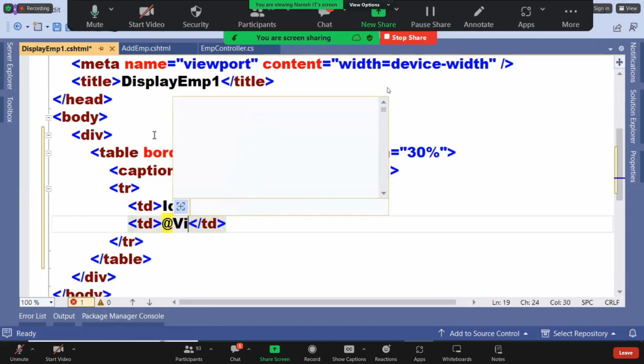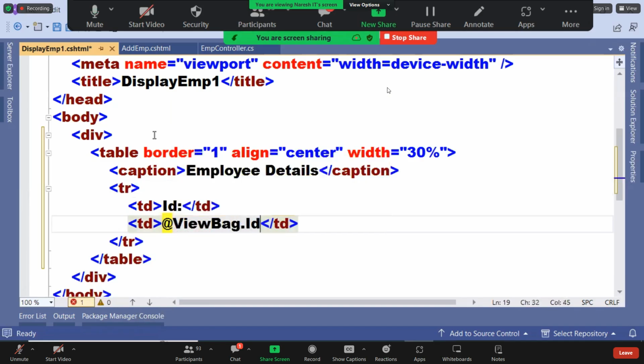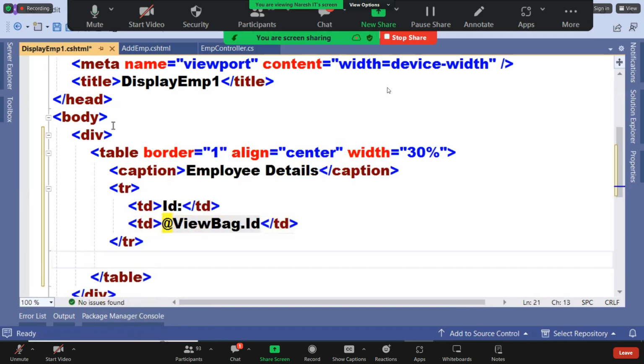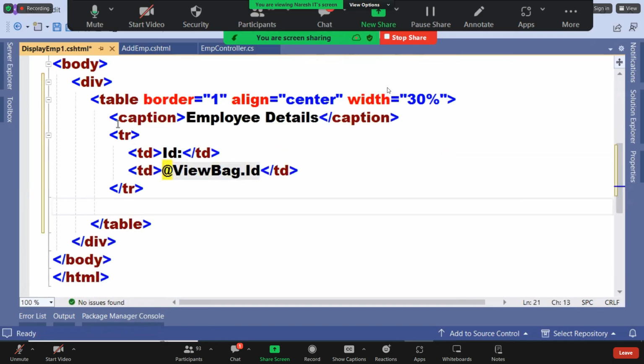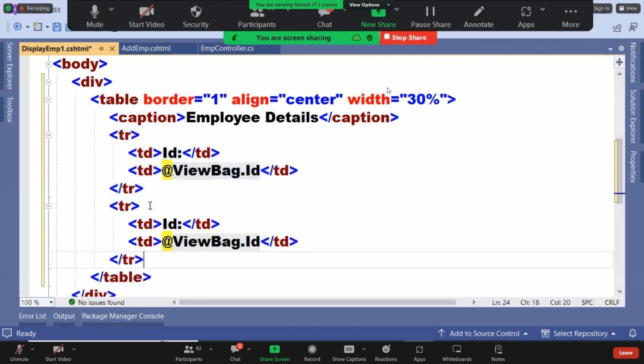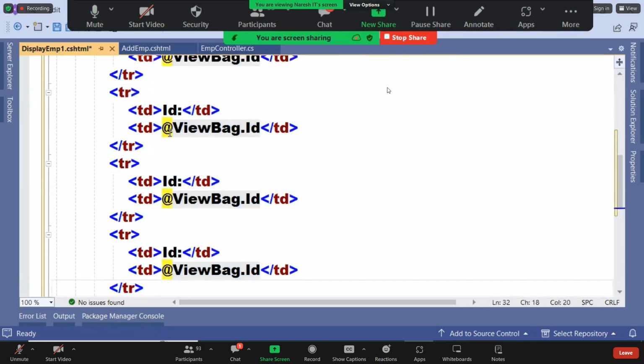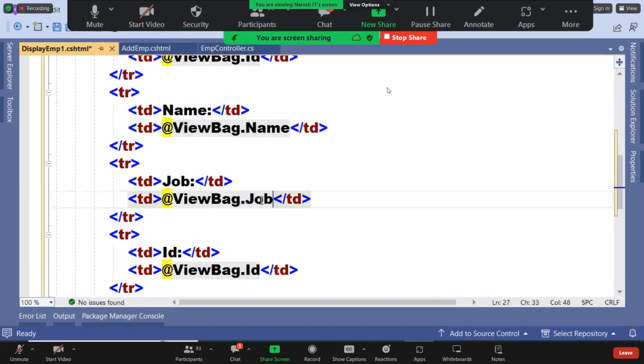Can I call it like this? Yes or not? Already explained you. Data stored in view data can be accessed to view back, and view back stored in view data. Reverse. Anyway, you can access. Second, name. Third, job. 4,